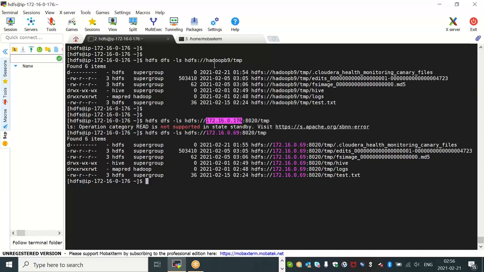right? This is where name service comes into importance, because the name service, which is this value, will always point to the active name node in the cluster. Even if I switch off this host and now this standby server becomes active, the name service will still point to the active name node only. So it will change its alias at the backend to the active name node every time. That's why